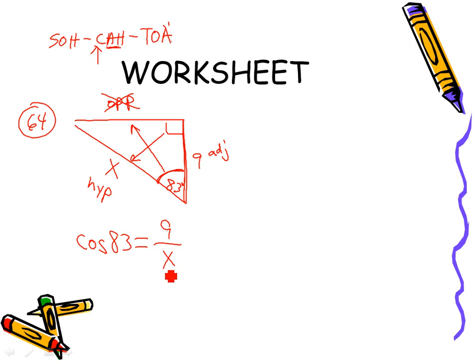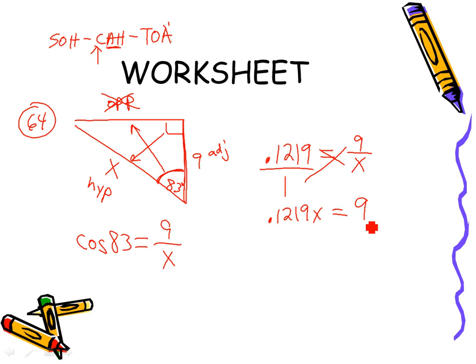Grab our calculator, hit cosine 83. I'm going to write it over here so that I don't have to bend down. And we get 0.1219, I'll round that up, go out about 4 places. 9 over x. Now again, it sort of looks like a proportion. First thing I'm going to do, put a 1 underneath there, make it exactly like a proportion. Cross multiply, get 0.1219x equals 1 times 9